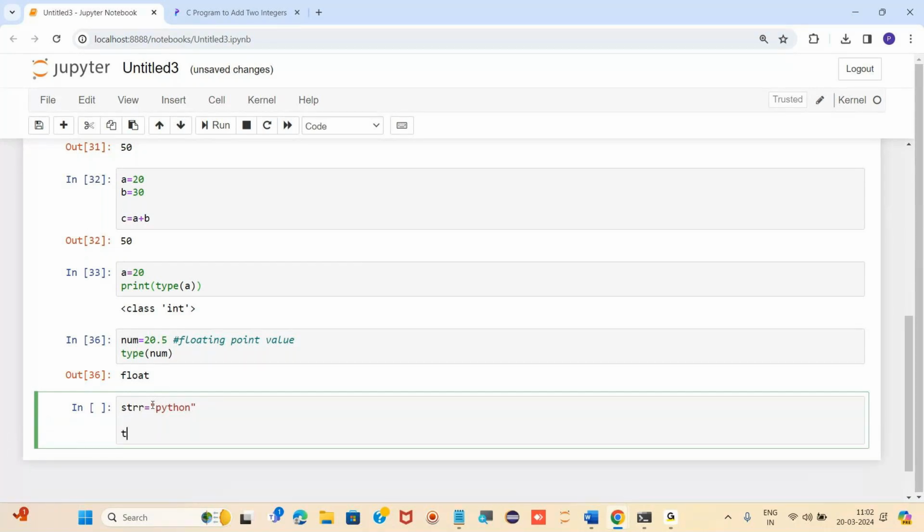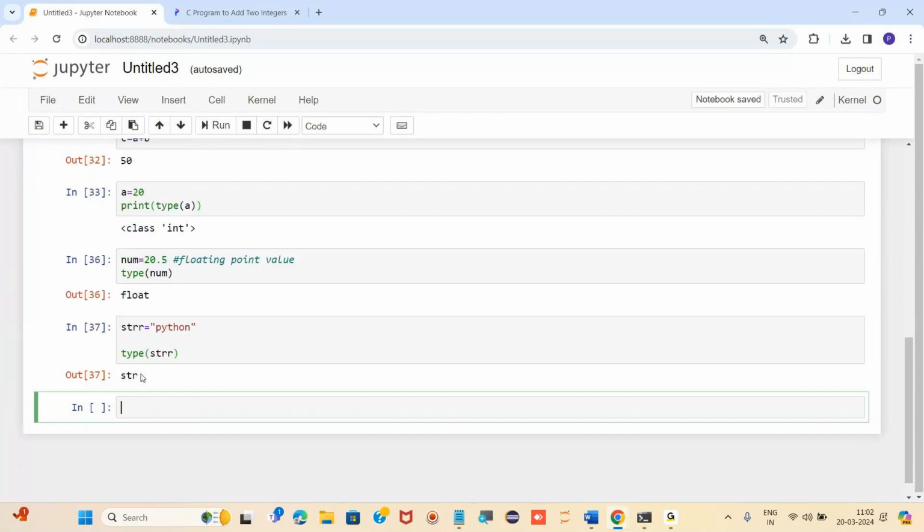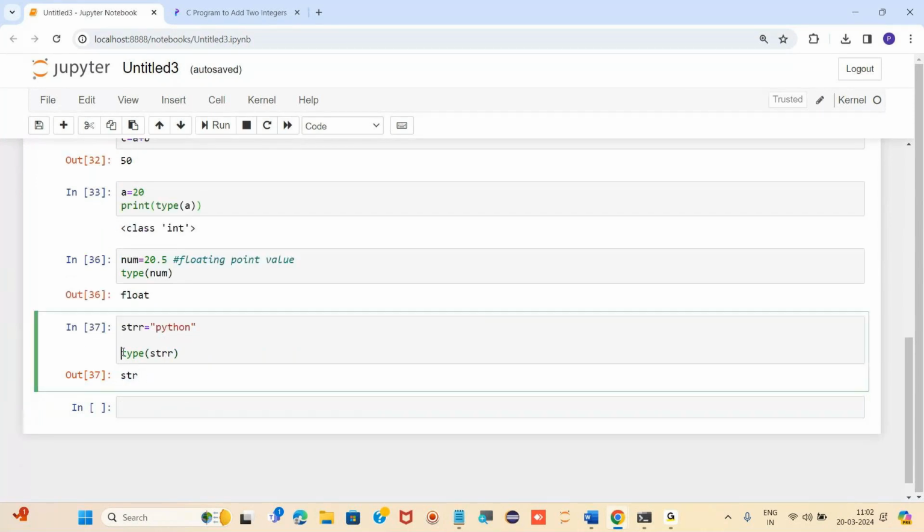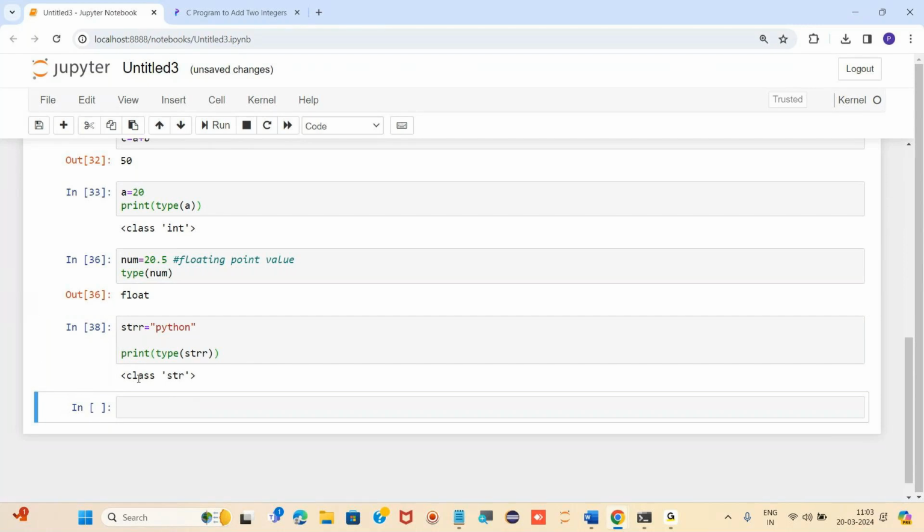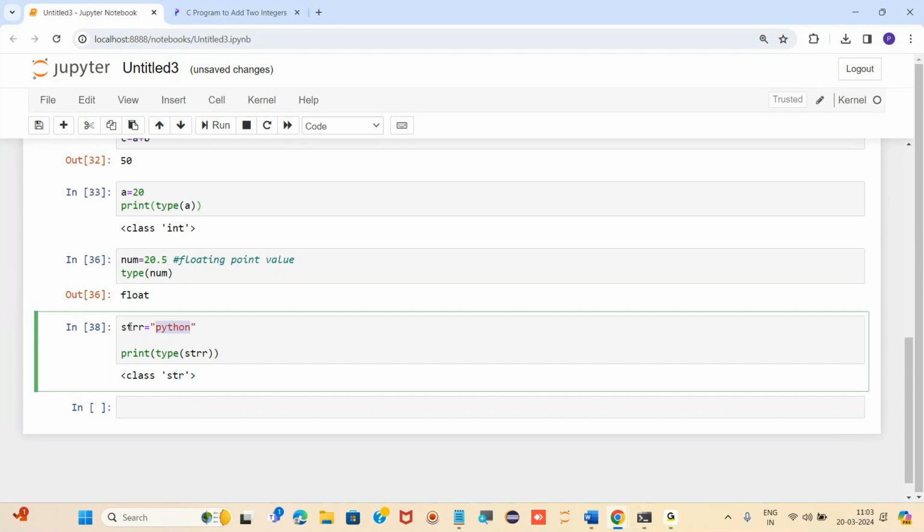If I write type of strr, it will show it is a string type of data, right? If I print this, then it is class str. What type of data is it? This strr object is storing str type of data. So the class of this object is nothing but str.